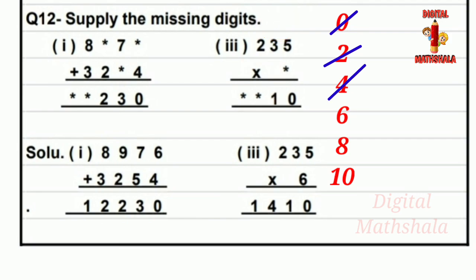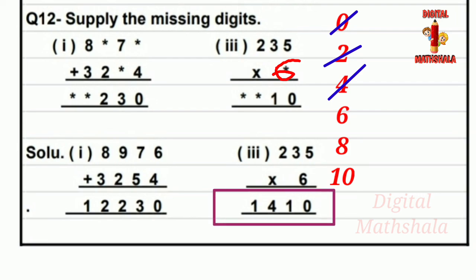Now we will move to the next number, that is 6. So 6 multiplied by 5, 30 will come. Then 0 is the unit place, so we will write 0 here, and 3 will go as a carry. Now 6 multiplied by 3, 18 will come, and 3 carry we will add, then we will have 21. So 1 is the unit place, so we will write 1 here. Now 2 will go as a carry in the 100 place. Now 6 multiplied by 2, 12 will come, and 2 is a carry, so we will add it, then the answer will come 14. So here it is the required answer.